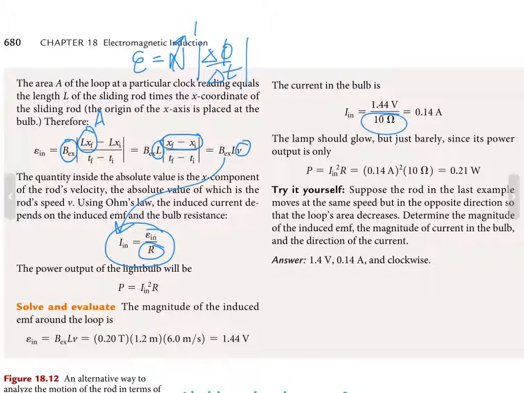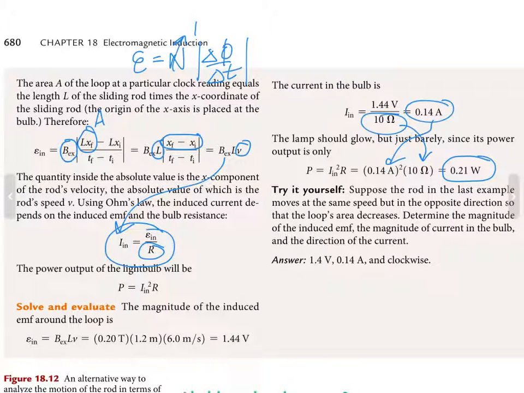So you can either use I squared R or V squared over R to find the power dissipated by the light bulb. Since we just found I here and we know the resistance in the bulb, we can just square I, multiply times the resistance in the bulb, and find that the power output is pretty low, 0.21 watts. Okay, so that is an example of a single loop, N is 1, and a changing area in a constant